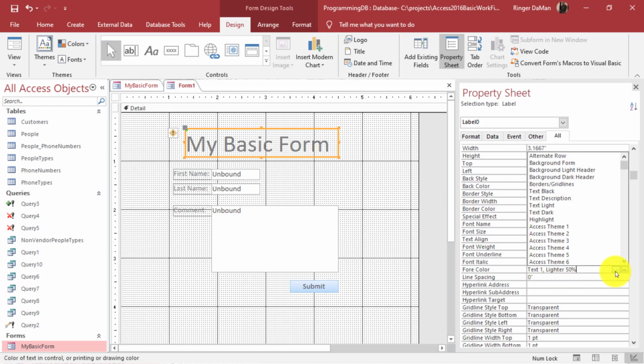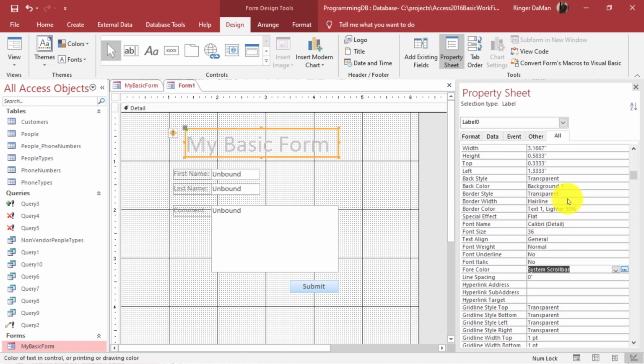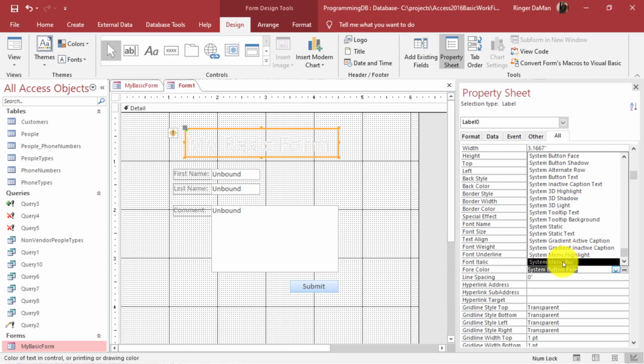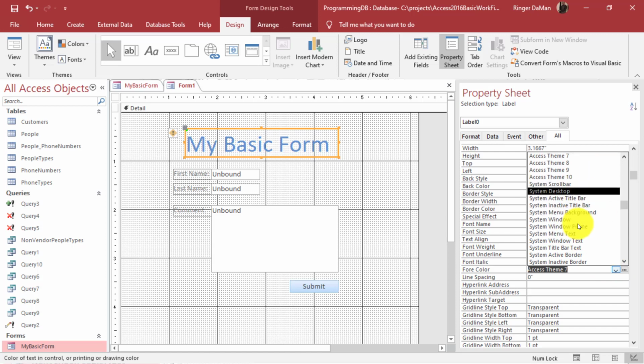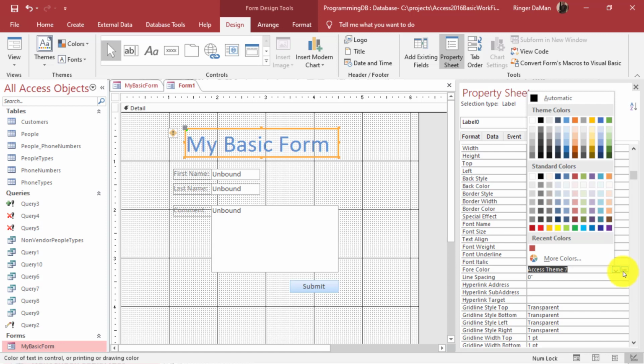And if I click on this drop down, this gives us some of these different theme and system basic color schemes. So I could go System Scroll Bar, I could go to System Button Face, ooh, that's kind of ugly. Menu Bar. So there are these default color schemes based upon Windows and Access themes. And I don't really want to do that blue one here. What if instead of one of these theme-based or default colors, I want to be very specific about a color? So that's what this little, what we call an ellipsis,